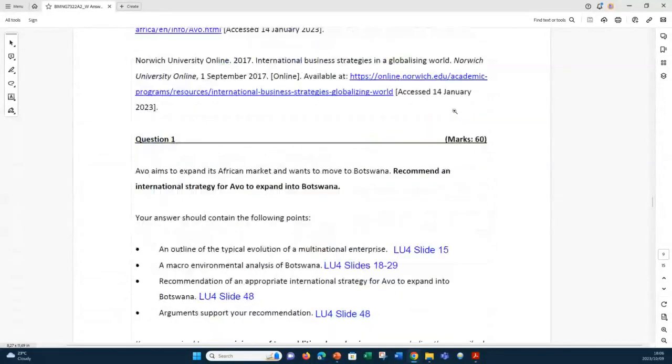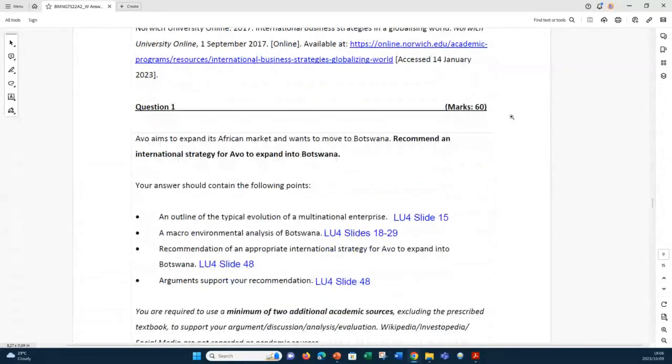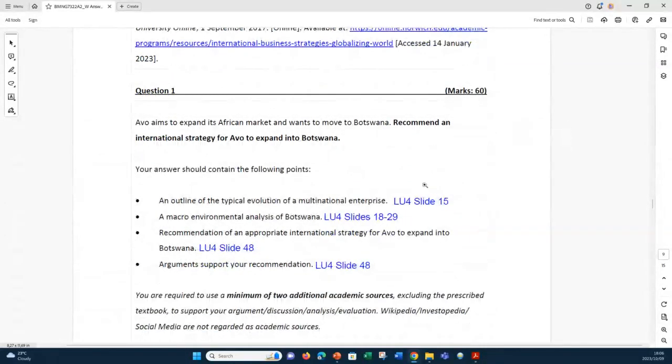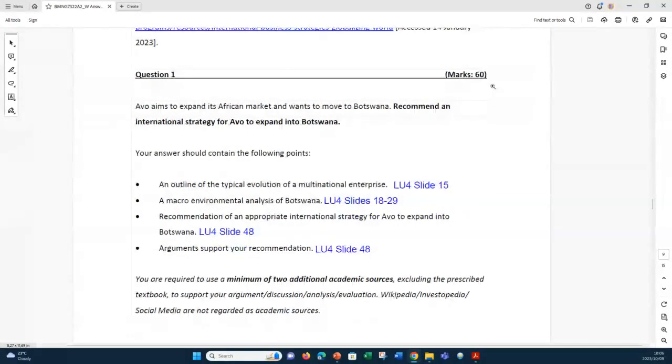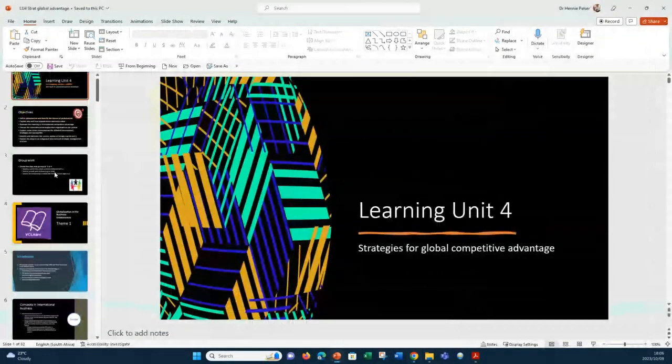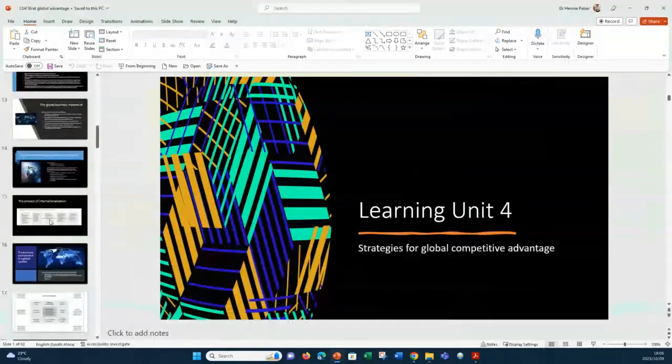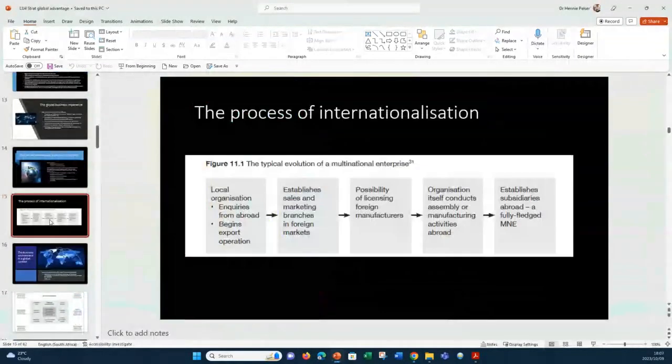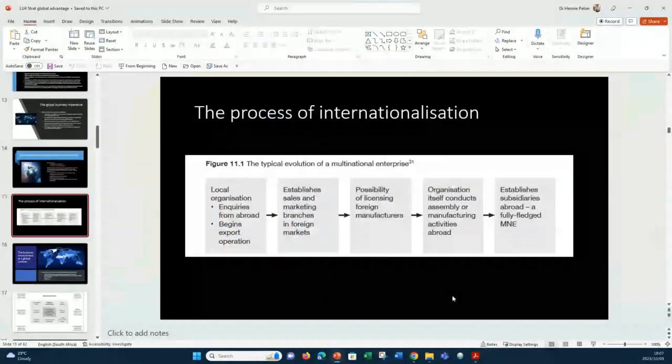Right, so if we look at these here, I've put the slide references in, and my students would obviously have access to my slides, so we will also add the page references. I'm going to need a little bit of help because I don't have a textbook nearby. So if we look at the first one, it is Learning Unit 4, and my suggestion is that bit there. So it's figure 11.1. Can somebody give me a page reference for that? Thank you so much, Boya.